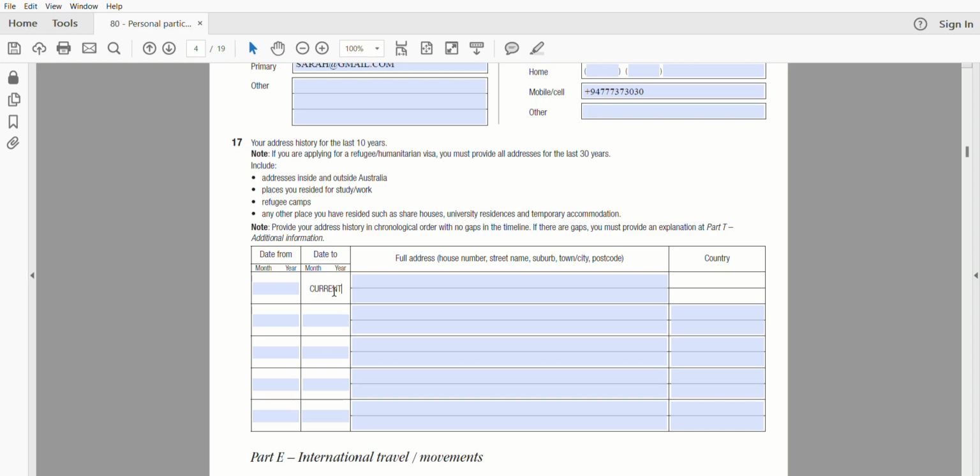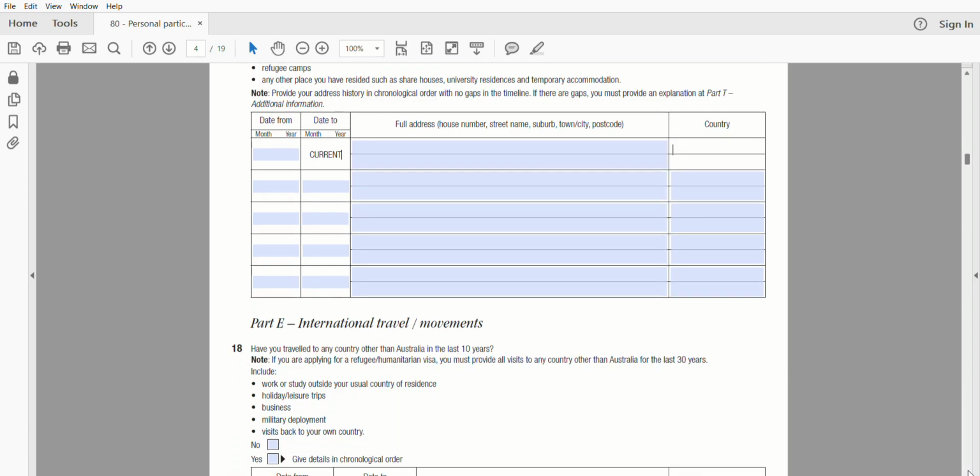And if you have lived in more than 1 or 2 places, you have to list out all the addresses here. And if you do have an issue with the space, you can go back to the last page. I will show you at the latter part of my briefing. So you can go to the last page and enter whatever that you are unable to enter here.